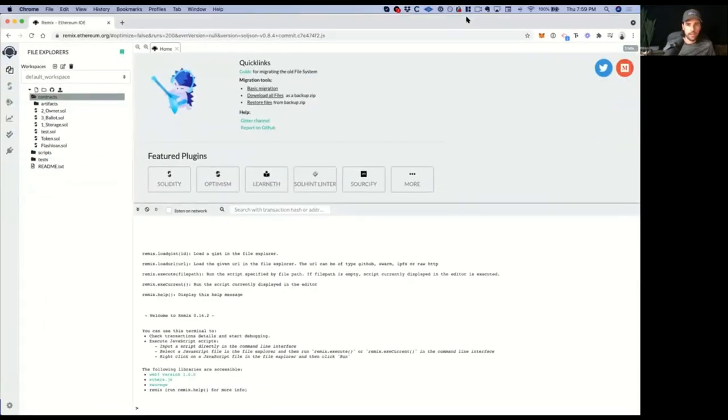So to get started, head on over to remix.ethereum.org. This is an in-browser Solidity IDE that we use, where you can basically create smart contracts in your browser. You can deploy them to the blockchain, and you don't have to do anything on your local computer. We're actually going to do something on our local computer in a second as a caveat to this, but the whole idea is this is going to make it as simple as possible to get started. So head on over to Remix and